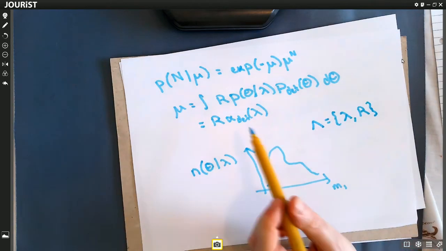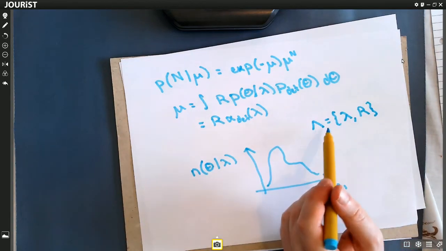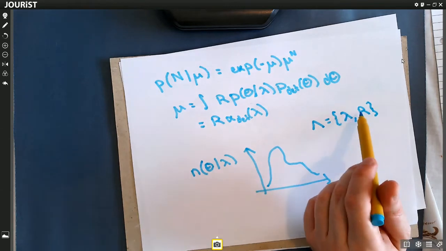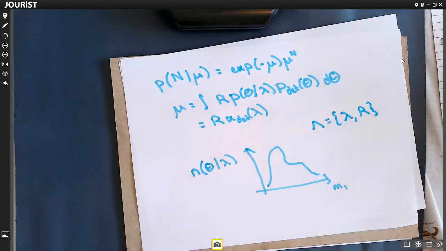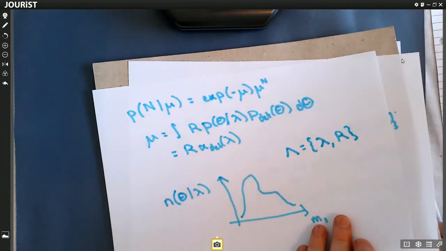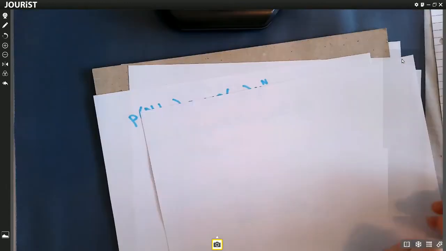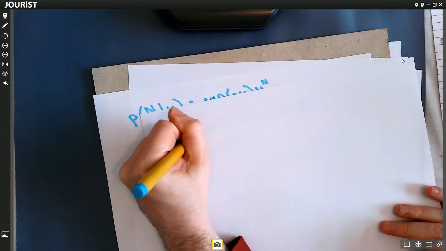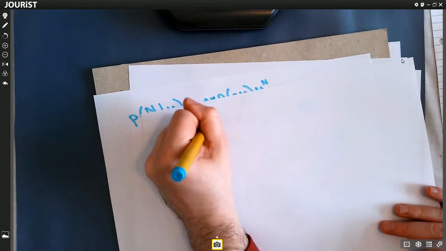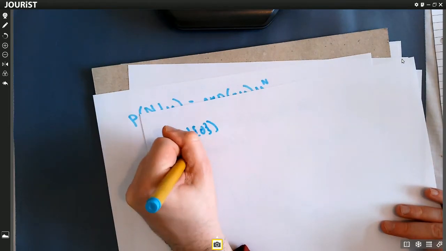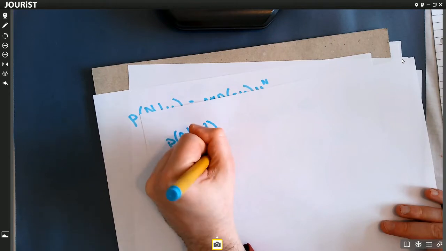So whenever we're really doing a hyperparameter inference, we really want to have both the shape parameters and the overall rate. So this is what we want to calculate now. Okay. Inference of both big lambda given our data set, which is equal to inferring both R and little lambda given our data set.